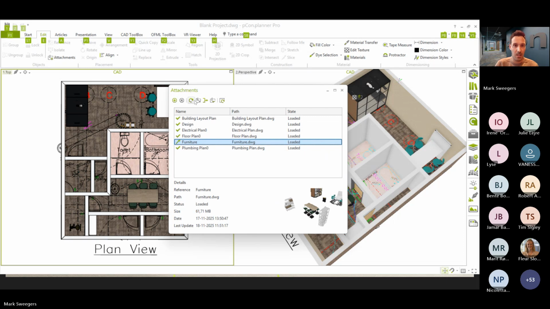This one. And if I say update, fingers crossed, you will see that the chair has been changed with the according fabric color as I adjust it in the separate DWG. So this way, as I already mentioned before, you are able to work in different DWG files with